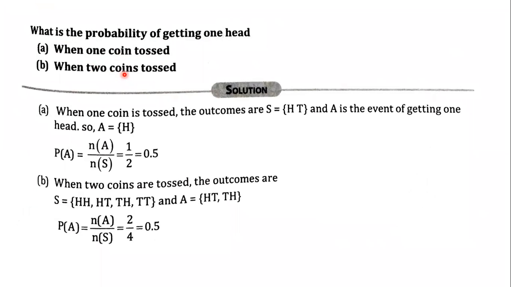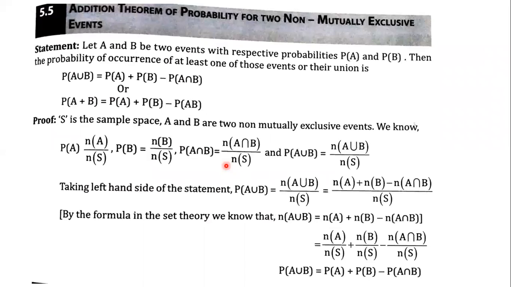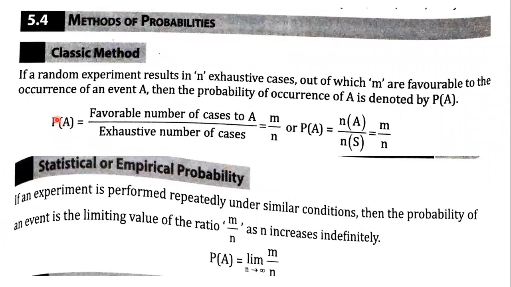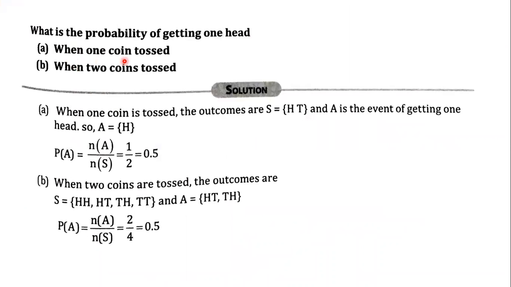So remember, what is the formula to find the probability? The major formula to find the probabilities will be using this method mostly in all the problems. That is favorable number of cases to that particular event or the question divided by exhaustive number of cases. So in this question, let us understand, when one coin is tossed, what is the probability of getting one head? So when you toss a coin once,